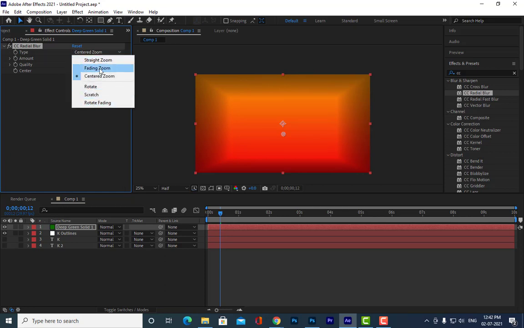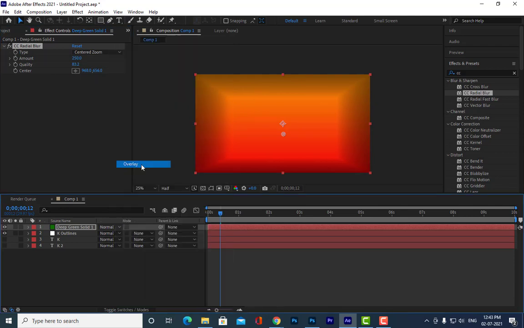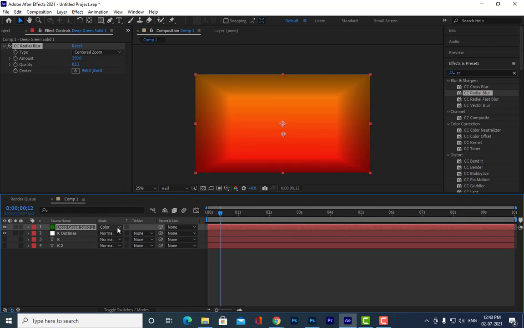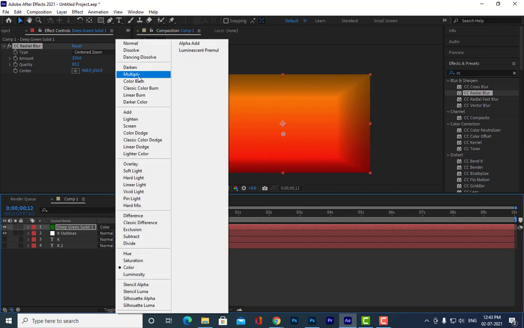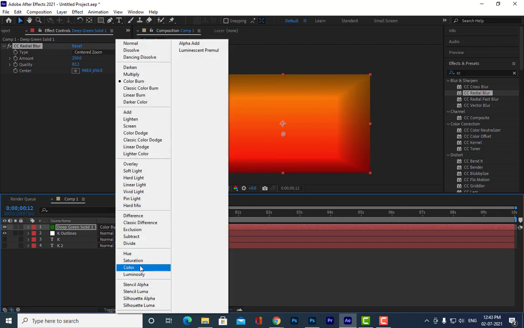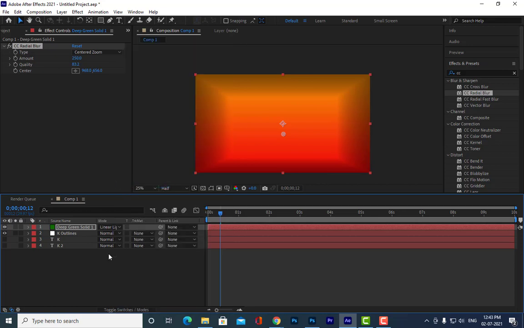So center zoom is okay, but let us see which blending mode will be nice, because I should be able to see the bottom layer later. Able to understand everybody?